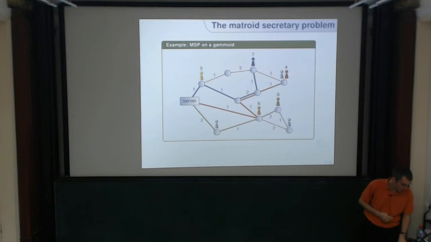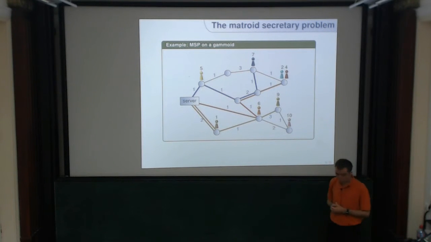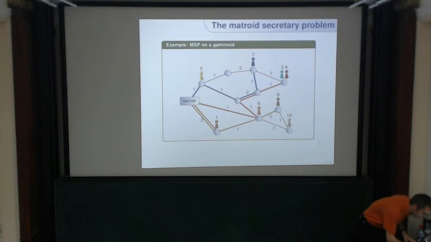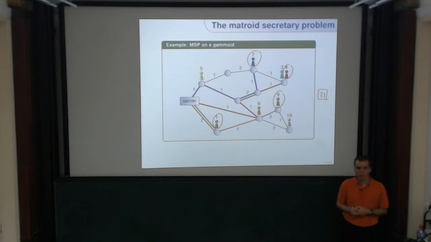I could accept the green one. I have to reject the light blue one for the same reasons I rejected the yellow one. This one I can also not accept, and this one I can connect. Now I'm done. So the total weight I gathered with that procedure is: the brown one, the green one, the red one, and the blue one, which is 21. Right? So the outcome of my algorithm would have a value of 21.